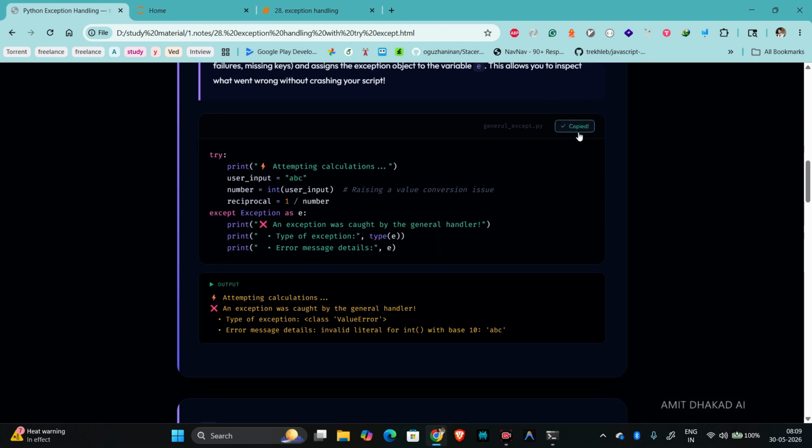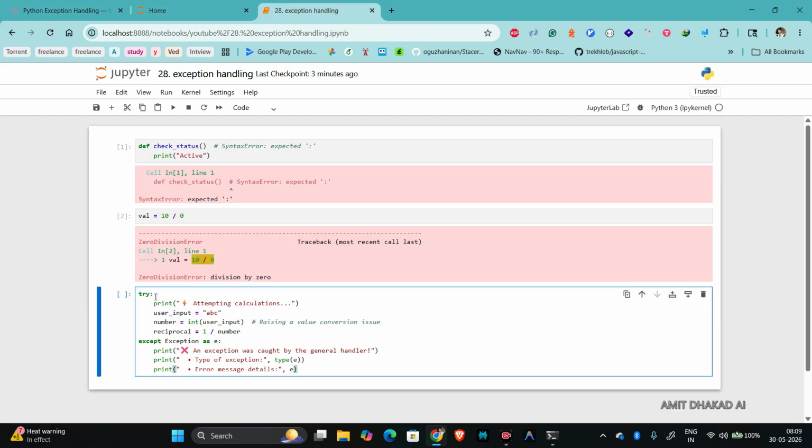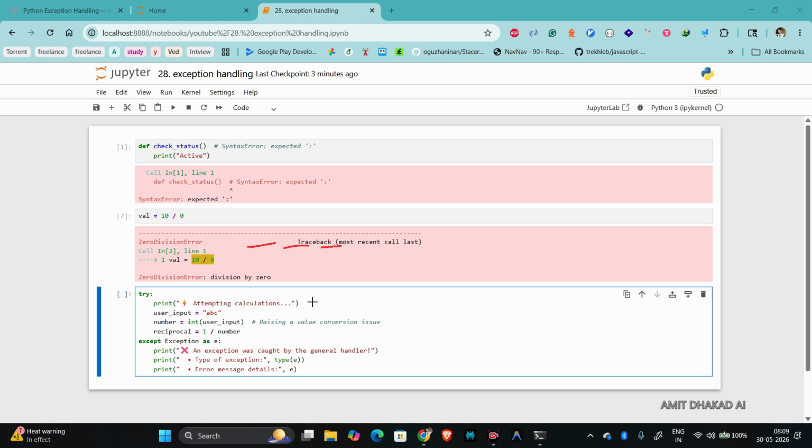So we run this function. Here you can see I'm using try. Inside try, we print the calculation with the user input ABC. We are converting the user input to an integer. After that, we are dividing 1 by the number. So inside except Exception as e, we are printing a message: the type of exception we are getting, and the message we are getting. So if I run this one,